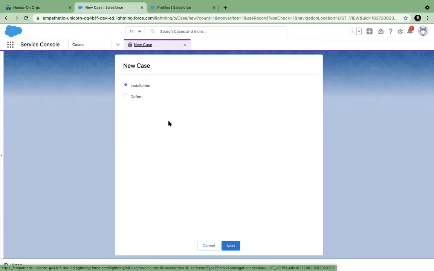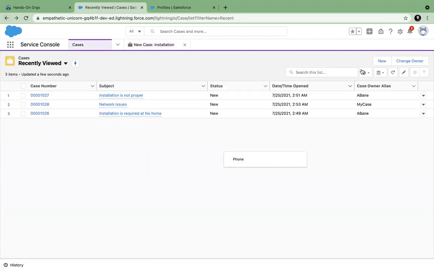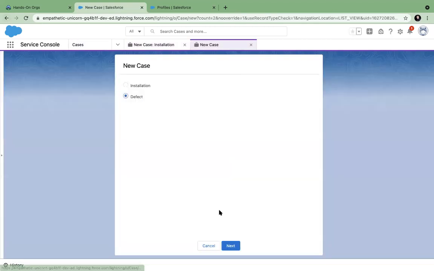See, now it is asking me which kind of record I want to create. If I select installation, what will happen? You see the status will be new and working. And what was the origin? Only phone, nothing else. If I go back and I select defect,